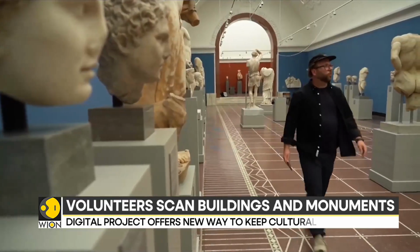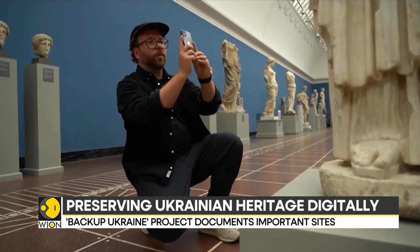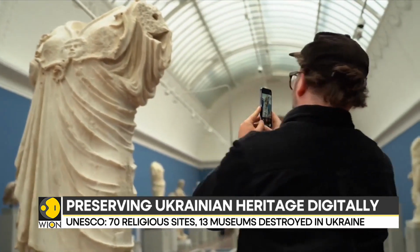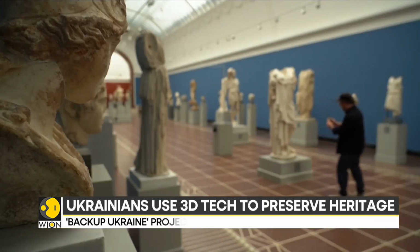Backup Ukraine is a project that relies on volunteers in Ukraine documenting important sites. The fastest way to erase a people's national identity is by destroying their cultural heritage. So when we saw exactly that happen, we knew that we needed to do something and we needed to do it fast. The project lets ordinary Ukrainians become volunteer digital archivists, capturing buildings, monuments and more as full 3D models